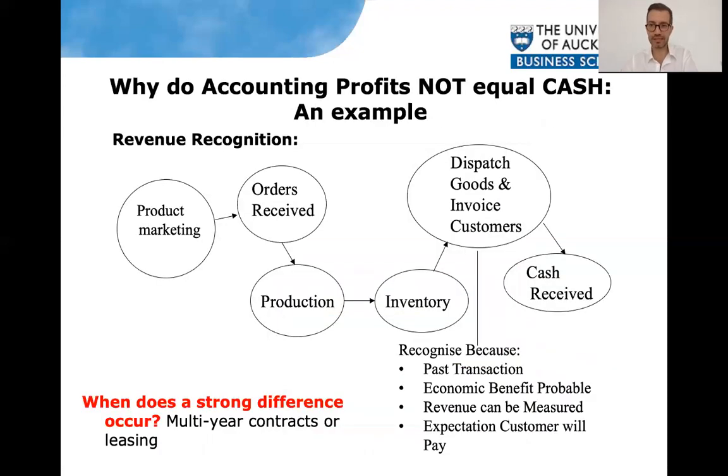So remember that profits, as we mentioned also for the income statements, not necessarily equal cash. So we have mentioned, for example, differences in terms of depreciation that are not a cash expense. Another difference could be when you have multi-year contracts. And I think I mentioned this already in the income statement video. If you are receiving cash in 5 years for a project that you've done every year, although you're actually having revenues every year, you will only receive the cash in 5 years' time. And so in this case, doesn't necessarily mean that your business is not doing well. It's just that the reception of cash is down the line.